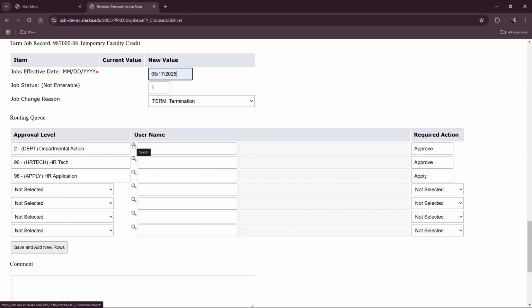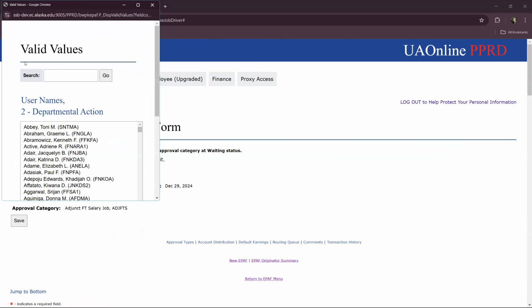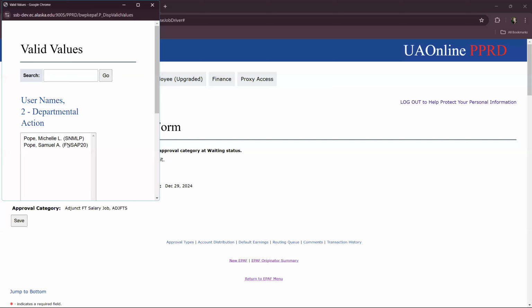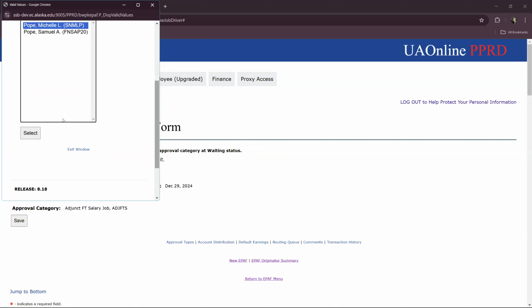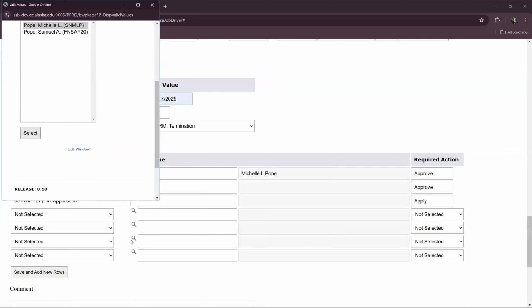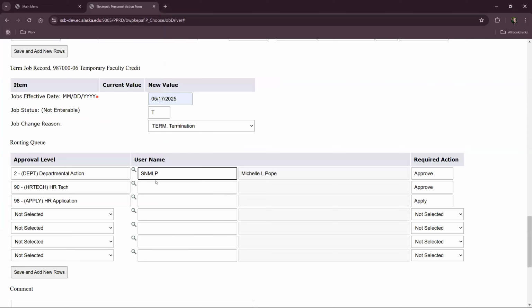And you can use a spyglass to search for a person to approve in your department. You enter their name, click go, and it will come back with matching names. We'll select the name we want to use for our department approver, and then click the select button, and it will fill in the username for you.